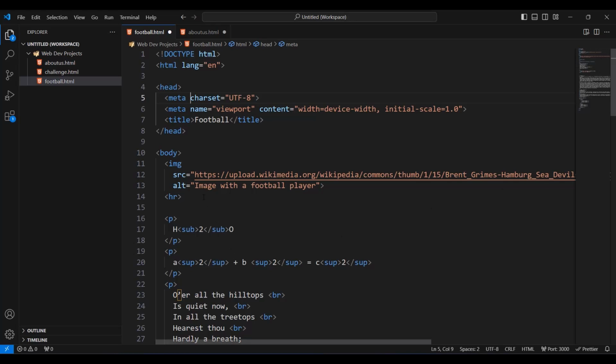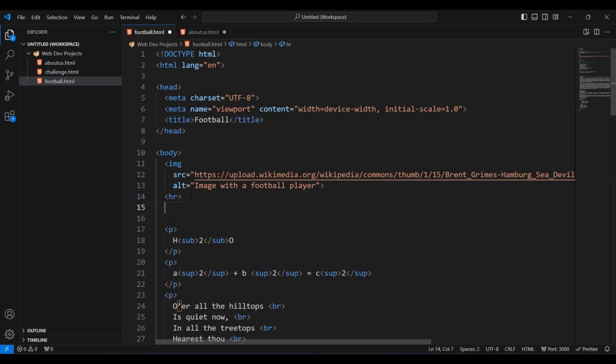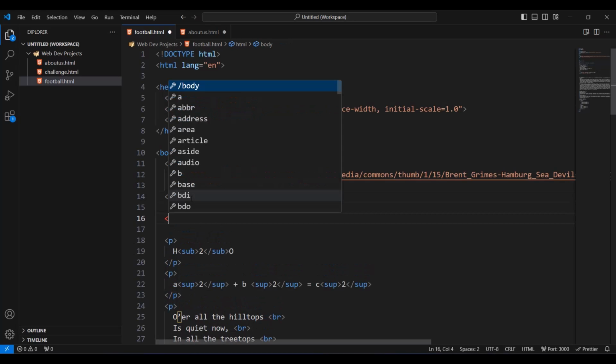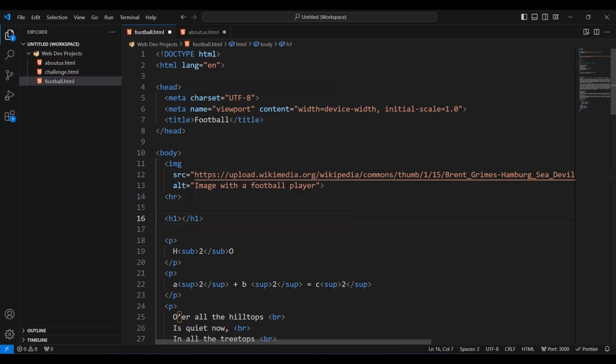So let me show you an example. I'll go below our horizontal line, and I'll type an H2 here. Actually, let's put an H1, and I'm gonna put here 10 greater than 5. As you can see, the greater sign is exactly like the closing tag, and for that we're gonna have problems.